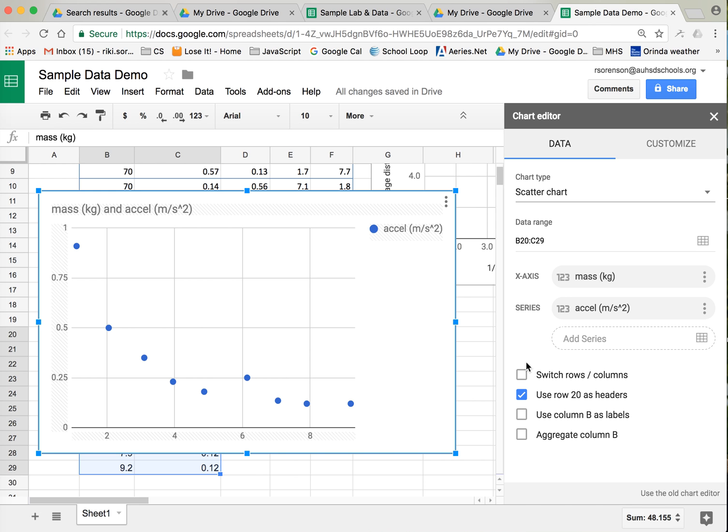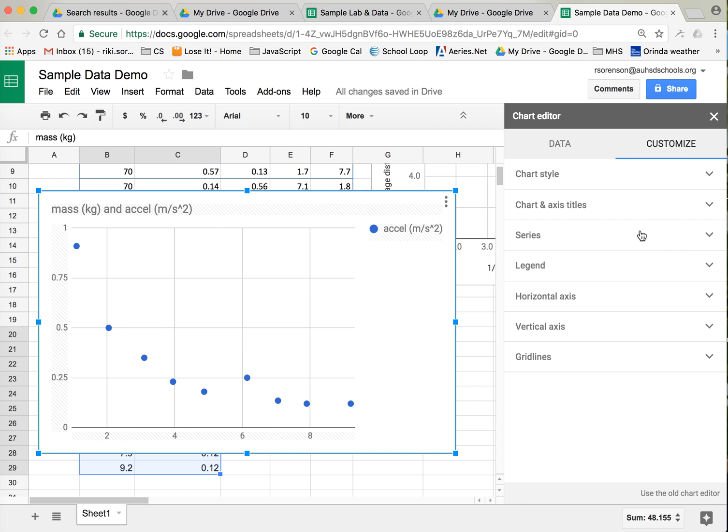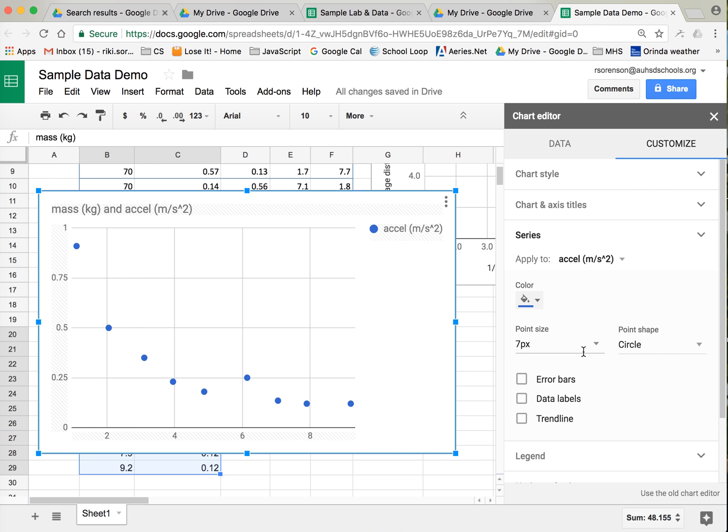But what I do want to show you is the trend line on this one. So let's take a look at that. We got a scatter chart, so that looks good. We want to customize it now. So we want to come up with that trend line, and trend line happens in the series again. So I want to click trend line, and whoa, we get this straight line, which is a nice little average of all those little data points, but it doesn't fit the curve at all. So it is not a good